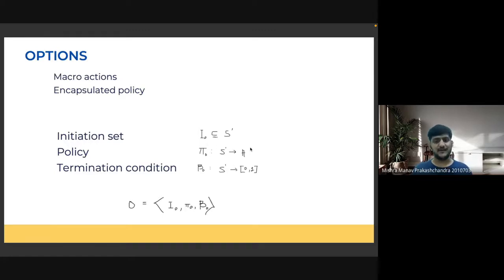Then I need to have a policy pi of O, which maps from the states to the actions that I want to achieve. And then there is a set of terminating conditions, right? So if certain conditions are met, then you say that the option has been executed, and then I get basically a 0 1 kind of a variable which says whether the termination condition has been met or not met, right?